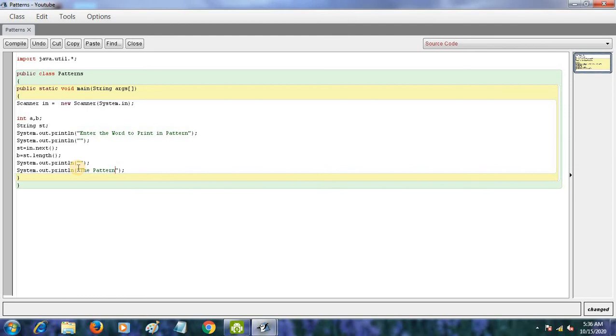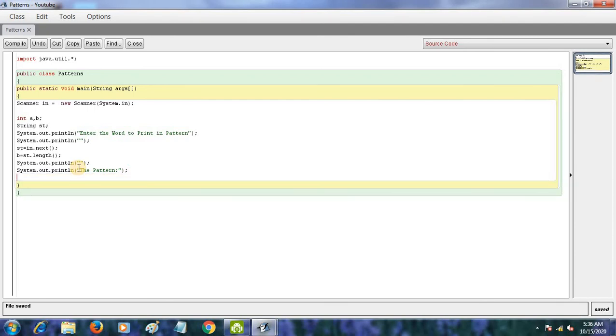Then I will write the for command. In code.org we are using the for command. So for, now we will assign the value of a. In code.org we are writing variable i is equal to 0, but here I have already created integer a.